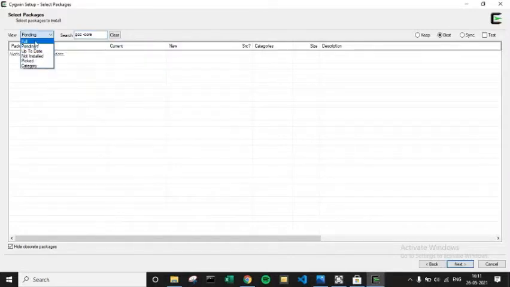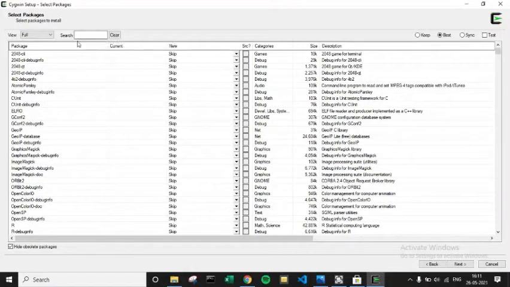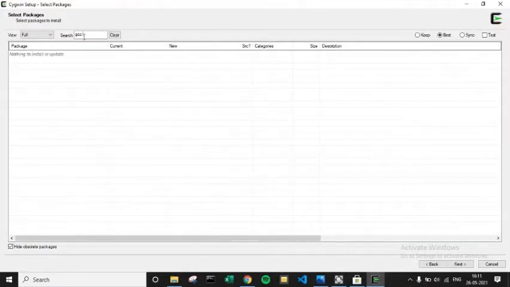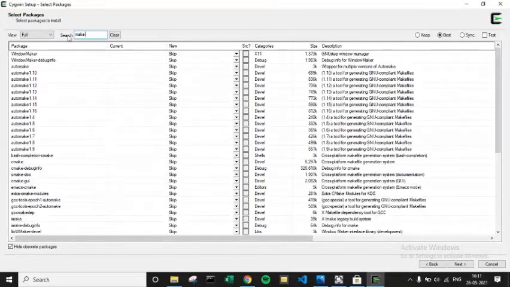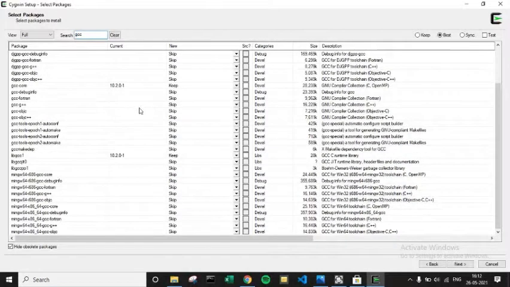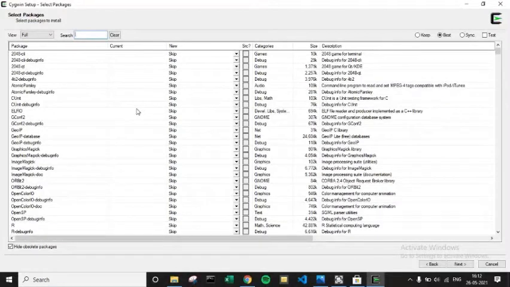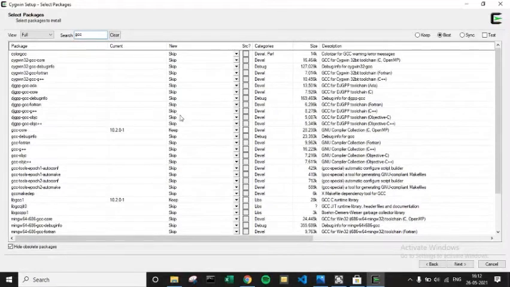In this view, instead of pending, use full, and type GCC again. You can install any one of these versions.